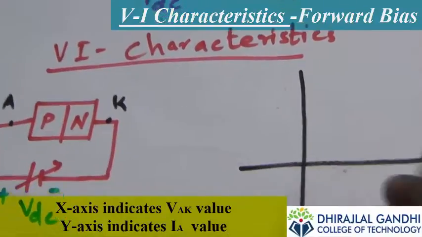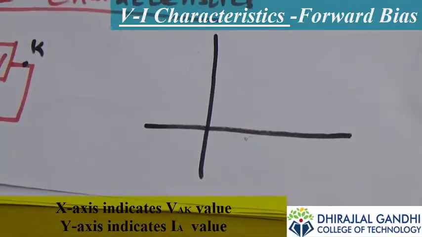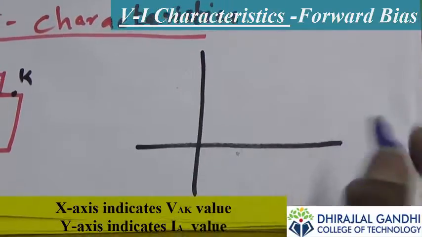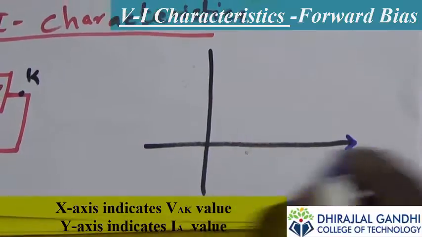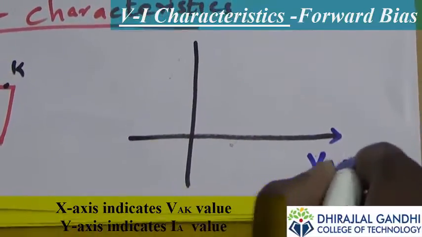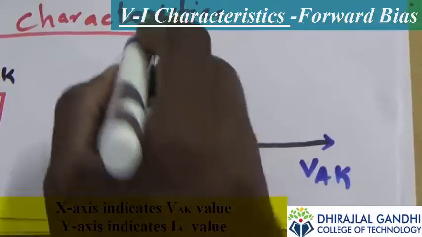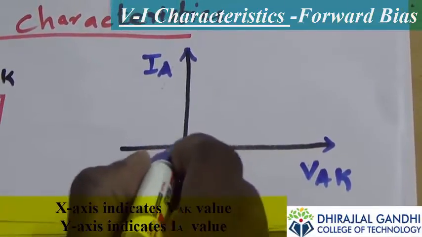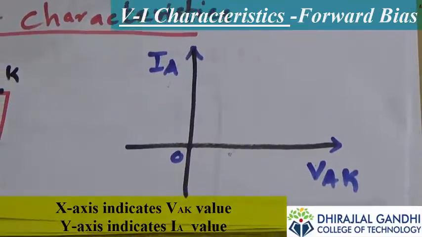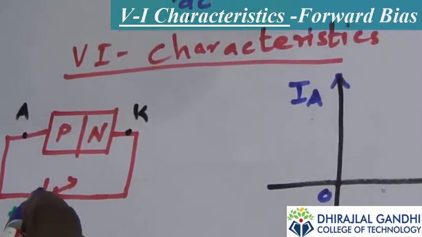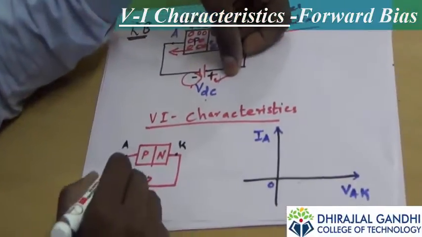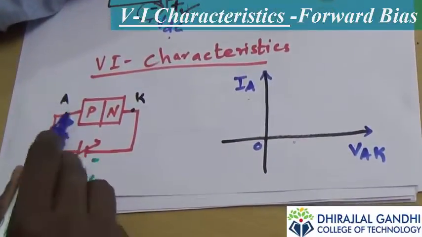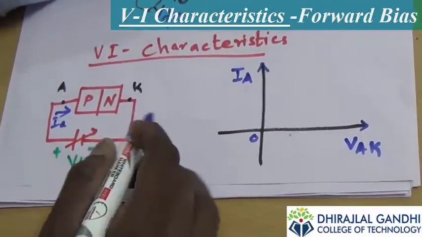VI characteristics. The characteristics are indicated by the graph. There are two axes. The x-axis is VAK, the y-axis is the anode current IA, and the origin point is 0. So initially you set 0 voltage, then you observe the current on the anode side. Definitely no current flows from the anode to the cathode, because